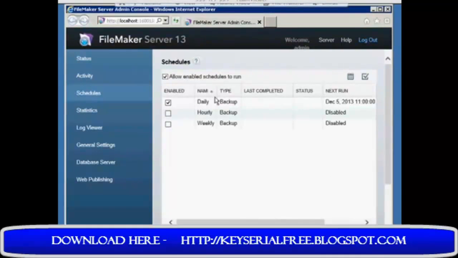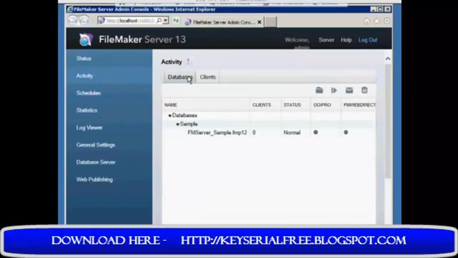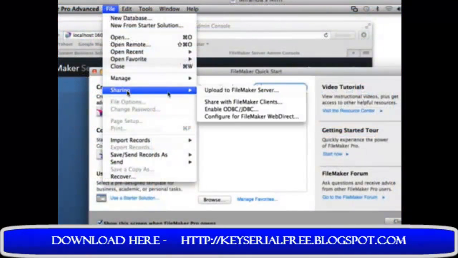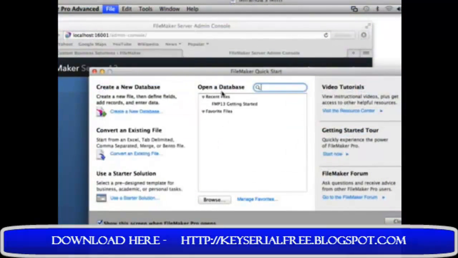The FileMaker Server admin console is used to manage the databases on the FileMaker Server. This is where, for example, you can set the regularity of the backup schedules. So by default, the system will be backing up daily at 11 o'clock at night, but you can also enable hourly and weekly backups as well. The Activity tab is where you can see existing databases hosted